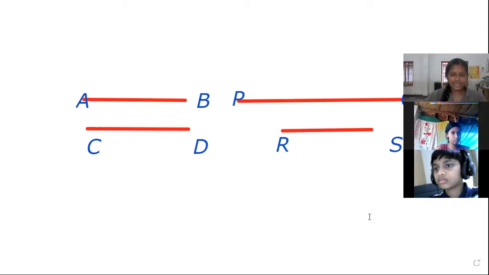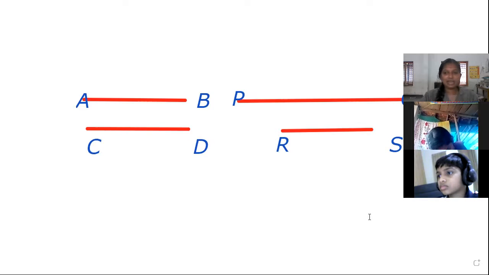And you can see in your textbook page number 134, there is a box given for you. If two line segments have the same length, they are congruent. Also, if two line segments are congruent, they have the same length. This is the congruence in the case of line segments. Okay, did you get the idea? Then shall we move to congruence of angles?